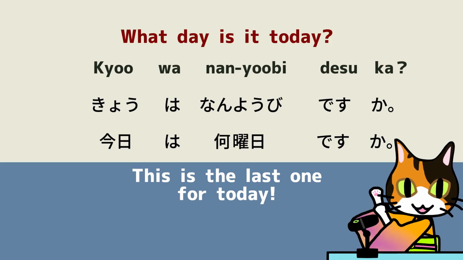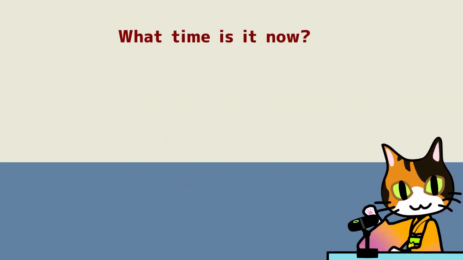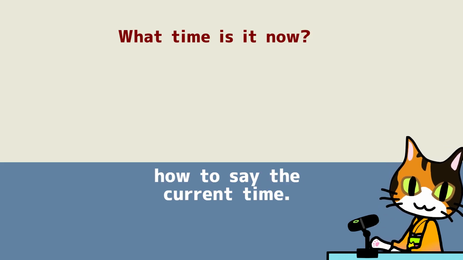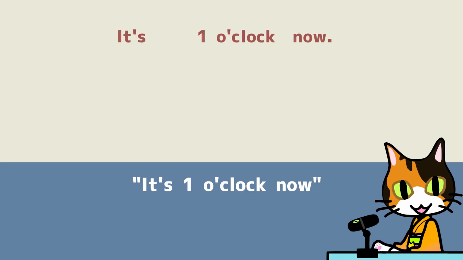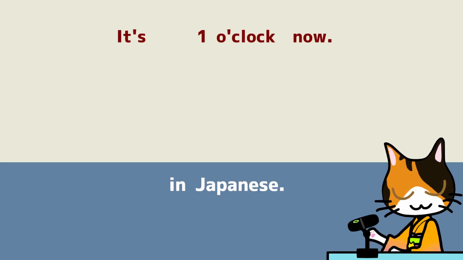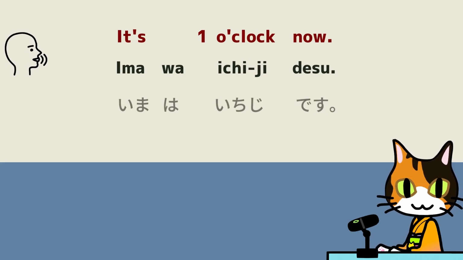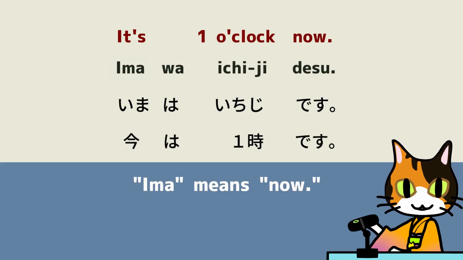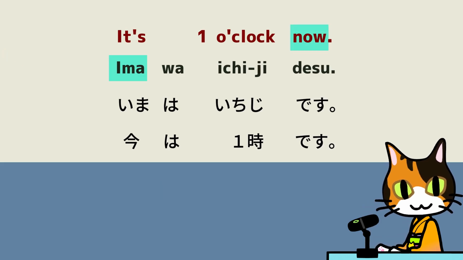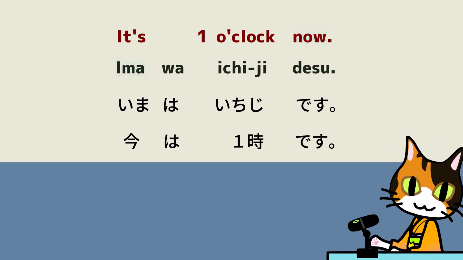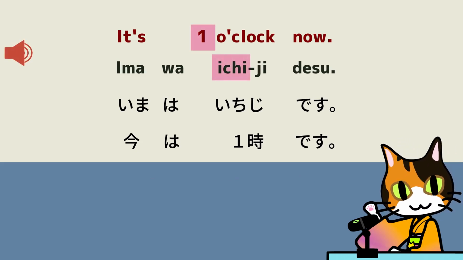This is the last one for today. Let's ask, what time is it now? First, let's practice how to say the current time. This is how you say, it's 1 o'clock now, in Japanese. 今は1時です。 Ima means now. 今。 The number 1 is ichi. 1。